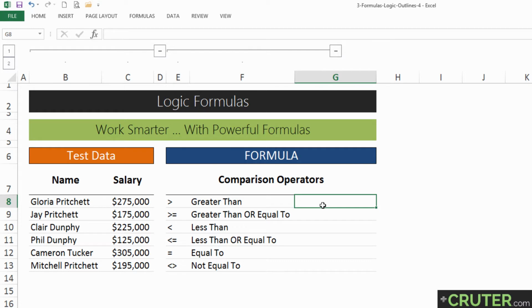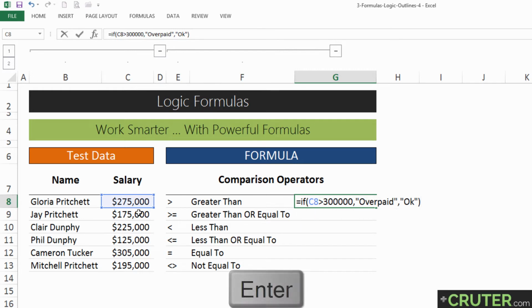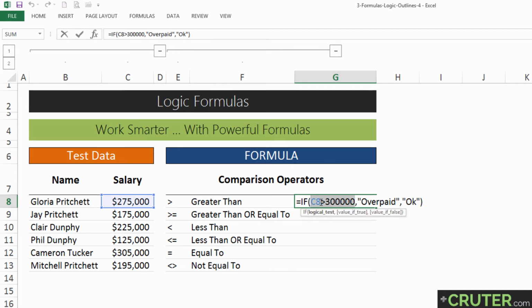So let's get started by typing the first if statement using the greater than comparison operator by saying Gloria Pritchett, if she has a salary of greater than $300,000, then we're going to say that, man, she's overpaid. That's just way too much money. Otherwise, we're going to say that that's okay. And since it returns okay, because obviously $275,000 is less than $300,000,